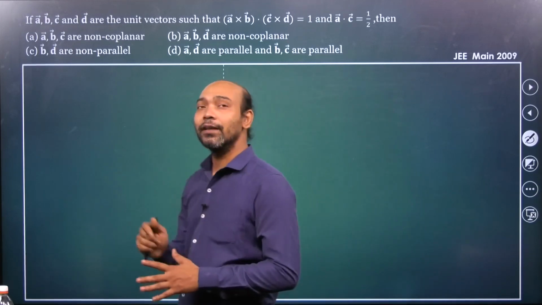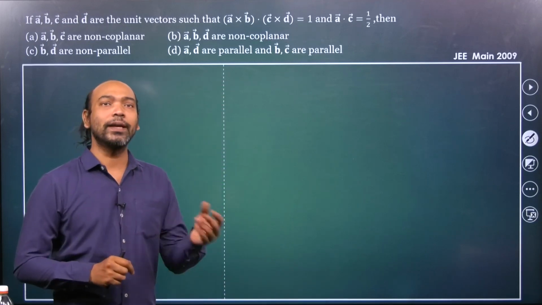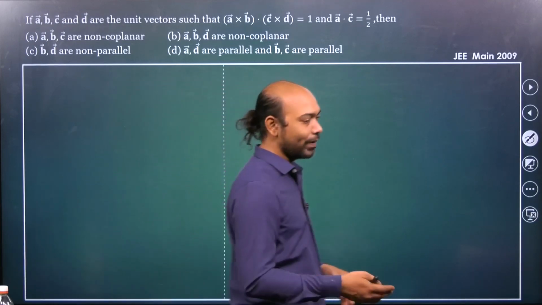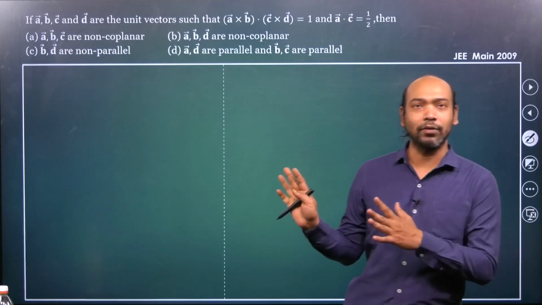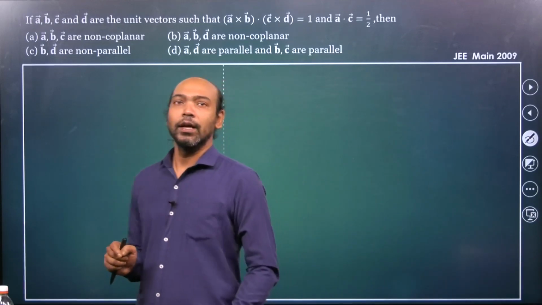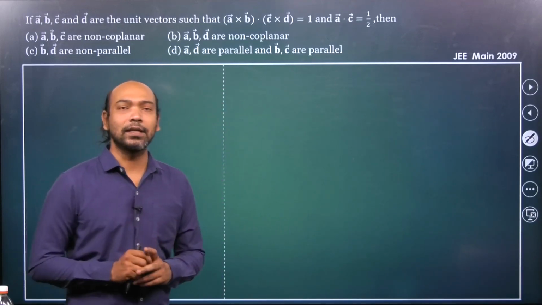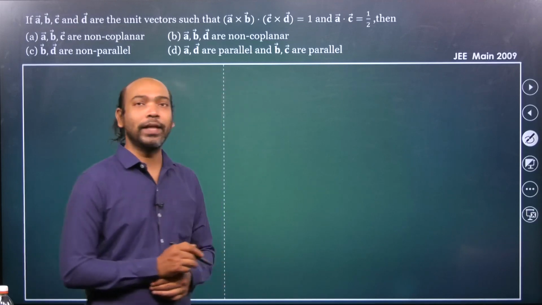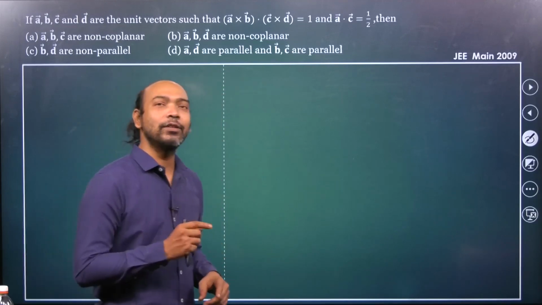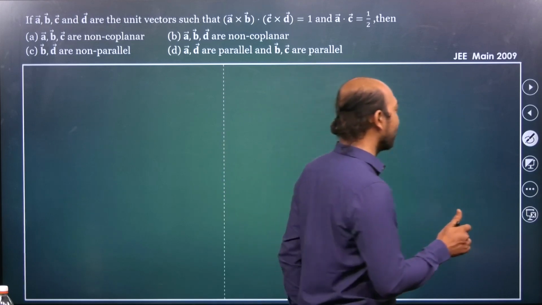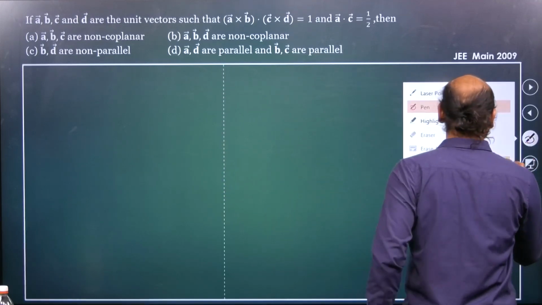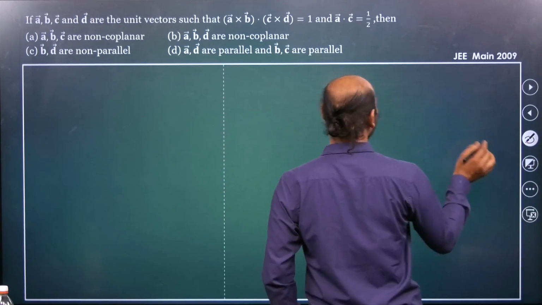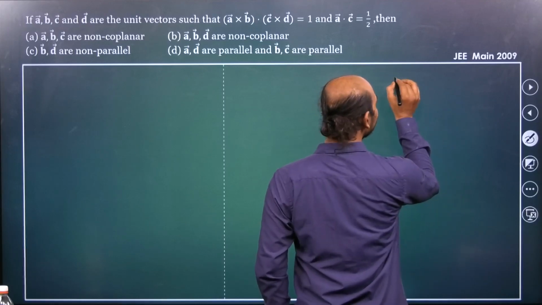Based on that, if they are lying in a plane, then only we can check whether they are parallel, non-parallel and all that stuff, right? So we'll check that, because of options C and D. So first let's assume a few things. We have four vectors and they are unit vectors, and it also says they have a definite angle. So we'll assume that